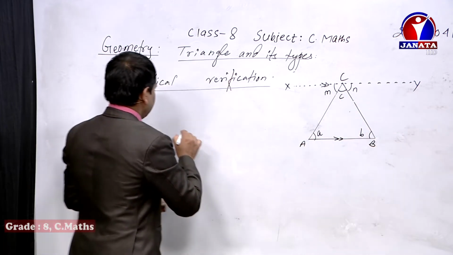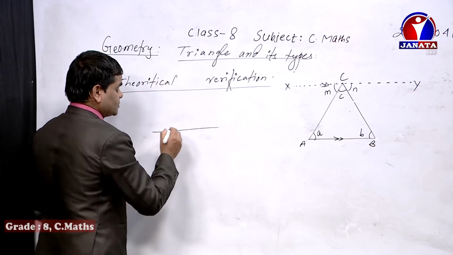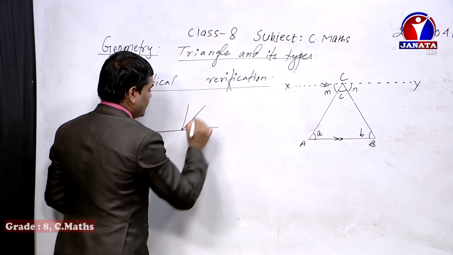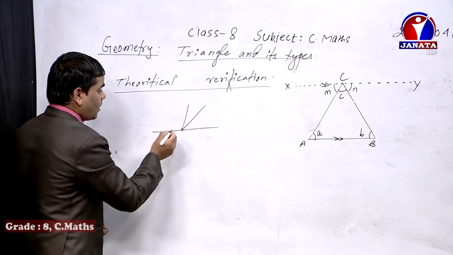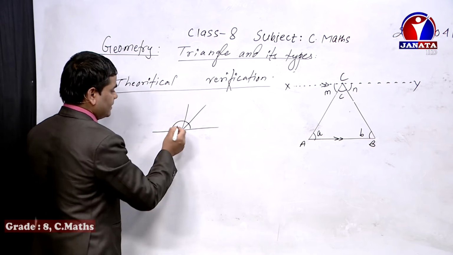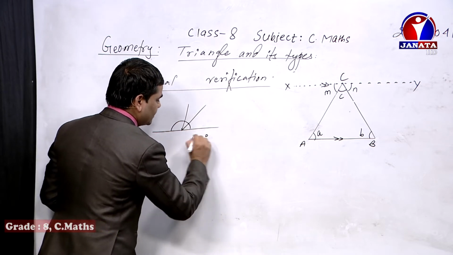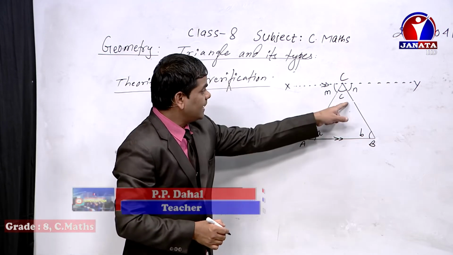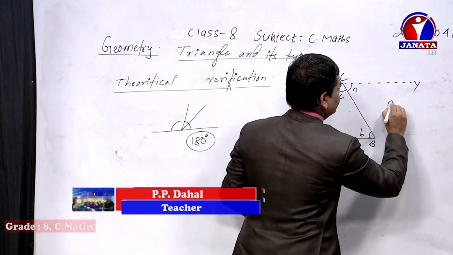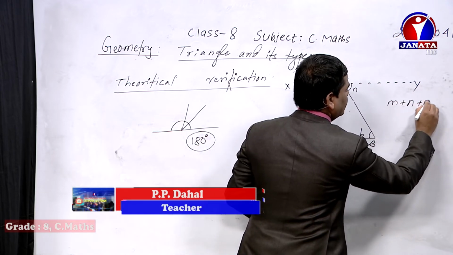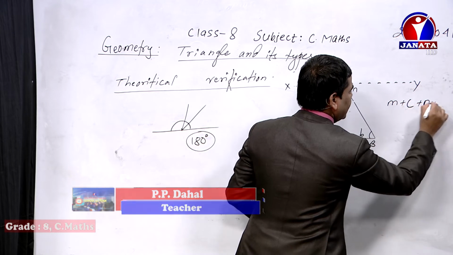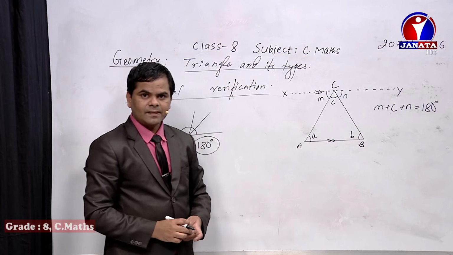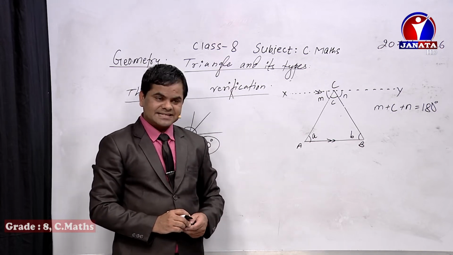It means, in the bygone days, what did we talk about regarding the sum of supplementary angles or adjacent angles? How many parts of straight angles are formed altogether? When you add all the angles together, their sum becomes 180 degrees. So similarly, if you use the same concept here, angle m plus angle c plus angle n, when we add them together, their sum becomes 180 degrees.